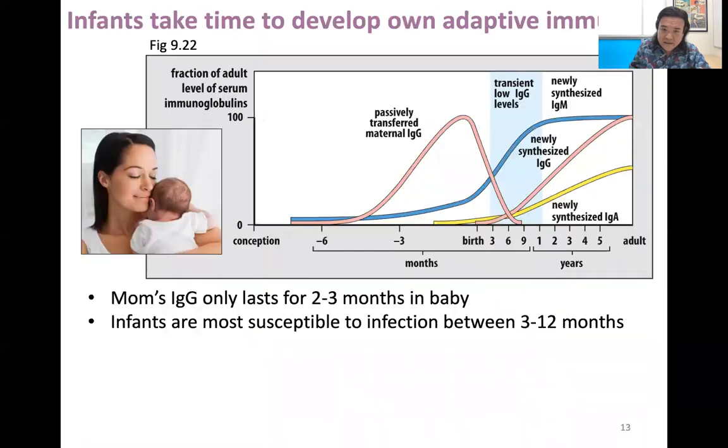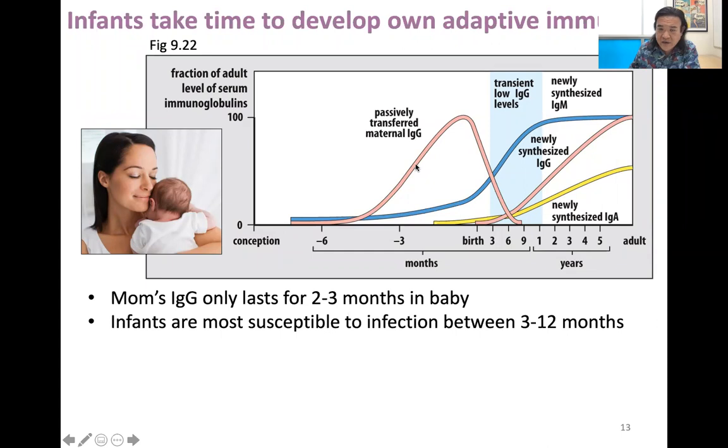But the problem is, this story is kind of bittersweet, because you are only passing on the immunoglobulins themselves. Where is the knowledge to make more of those immunoglobulins? That knowledge stays with the B cells that are in your body. So even though baby has high levels of IgG in the first few months after they're born, these proteins eventually wear out. So you can see during pregnancy,